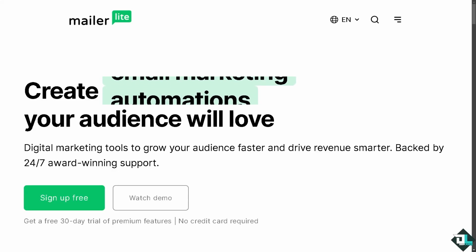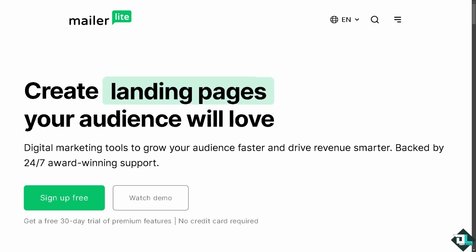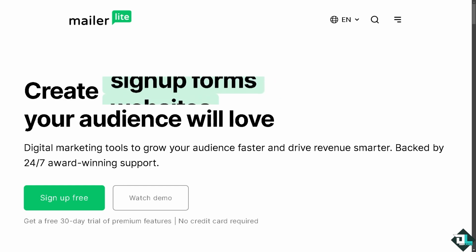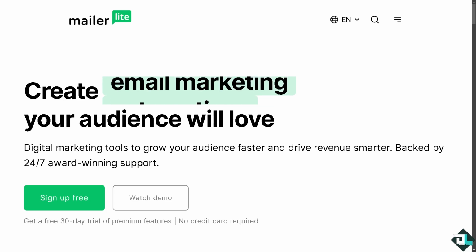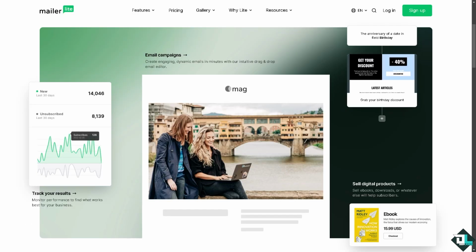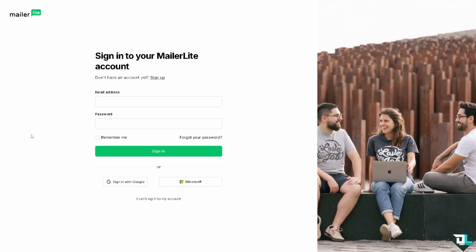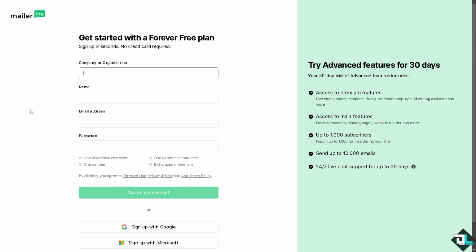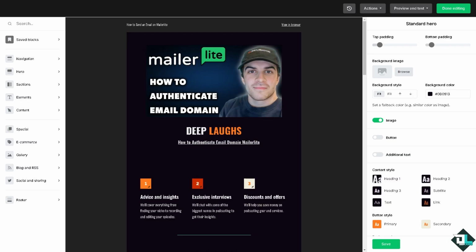In today's video, we are going to show you how to authenticate email domain in Mailerlite. Let's begin. Now, the first thing that you need to do is to log in using your credentials. If this is your first time in Mailerlite, I want you to click the sign up option. And from here, just follow the on-screen instructions and you're good to go. Authenticating your email domain in Mailerlite is a simple process that improves deliverability and helps ensure your emails aren't flagged